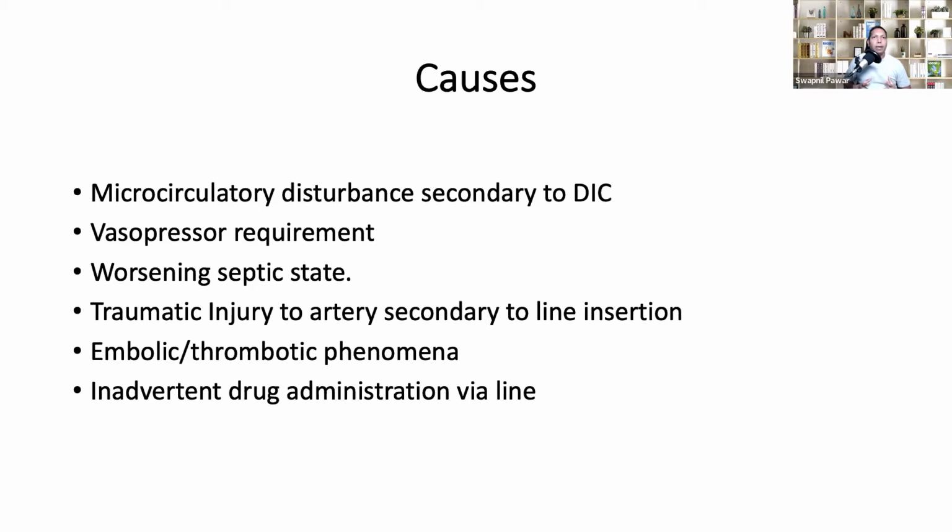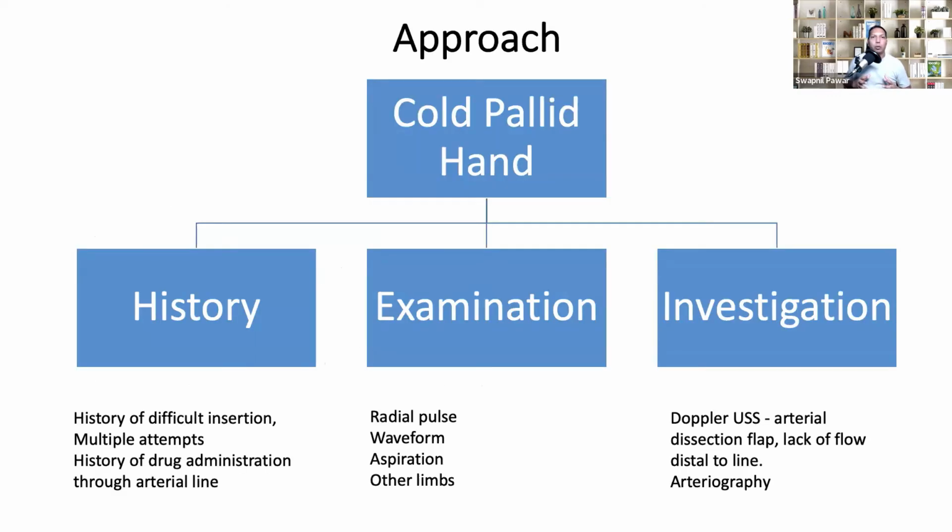So how will you approach this patient? Make sure that this is an emergency situation. Do not waste more time. Immediately attend the patient and go through your simultaneous assessment and treatment approach. Usually the approach is traditionally history, examination, investigation, but that has to happen simultaneously rather than in isolation. The key points in history are especially the context of arterial line insertion.